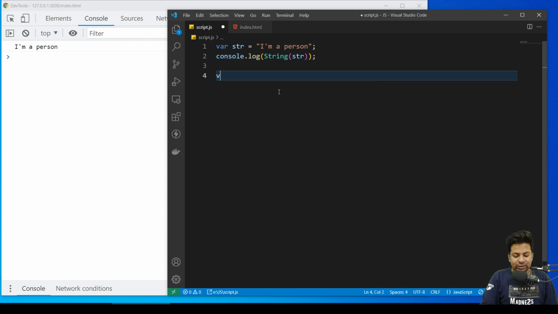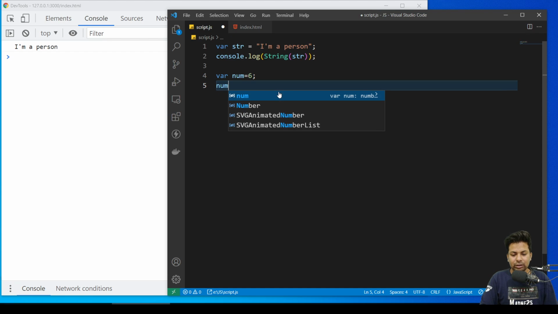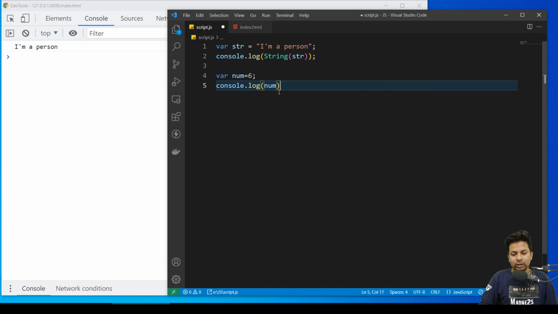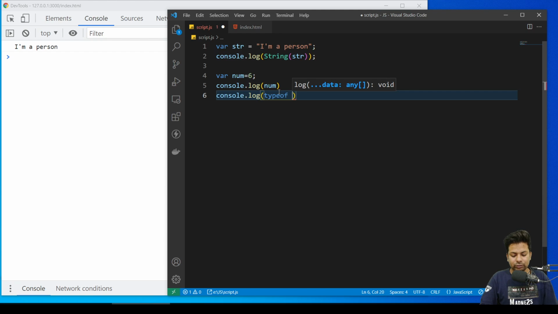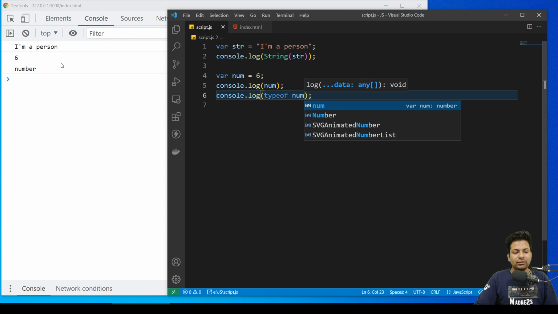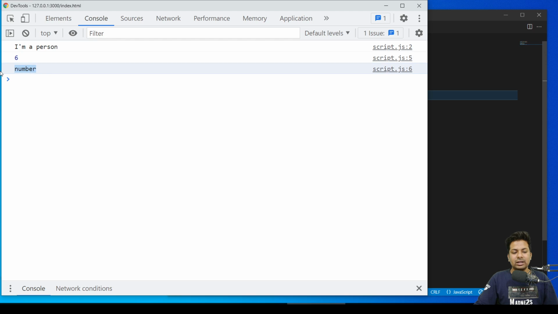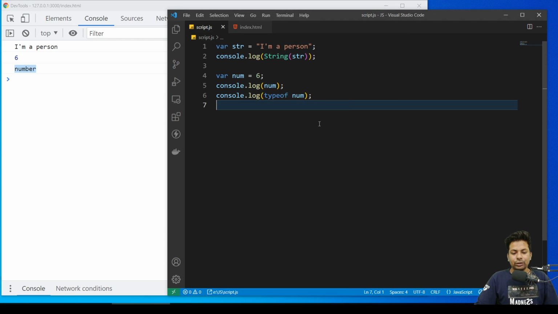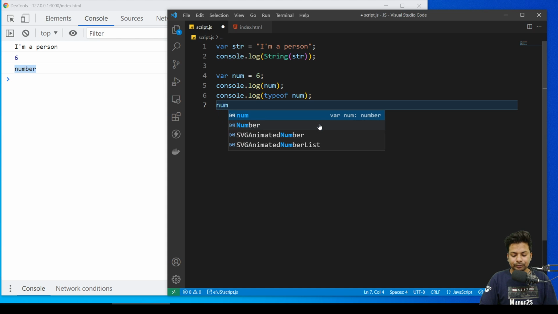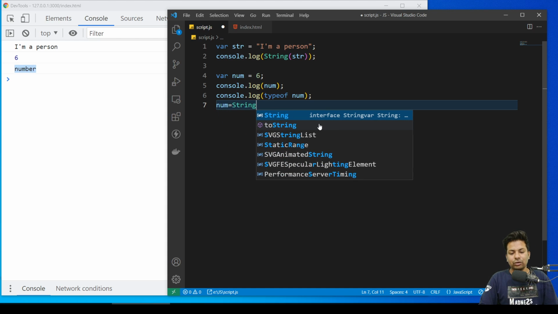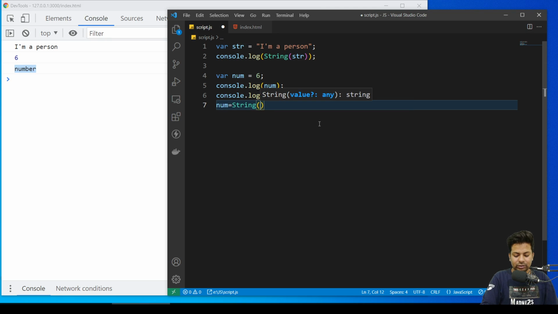Now suppose you have a number, and you want to convert this into a string. You'll say number equals 6. Firstly I print number with console.log, then I print console.log typeof number. See, firstly it printed 6, then it shows it's a number. Now suppose I want to change num into a string. I'll just say String(number).